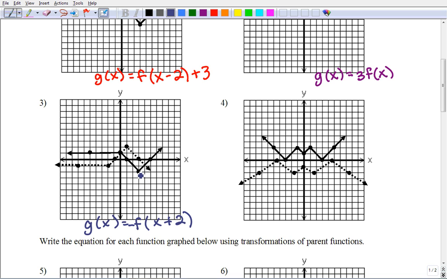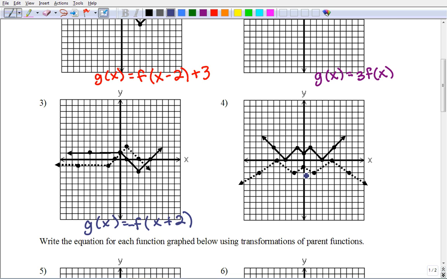If we're starting at the dashed figure, if we move to the left 2, 1, 2, and then we reflect it over the x-axis, it gets us to this point. So always double check to make sure that you have it written down in the correct way. Okay, and number 4, again we're going from solid to dashed, so I can see pretty quickly that this is